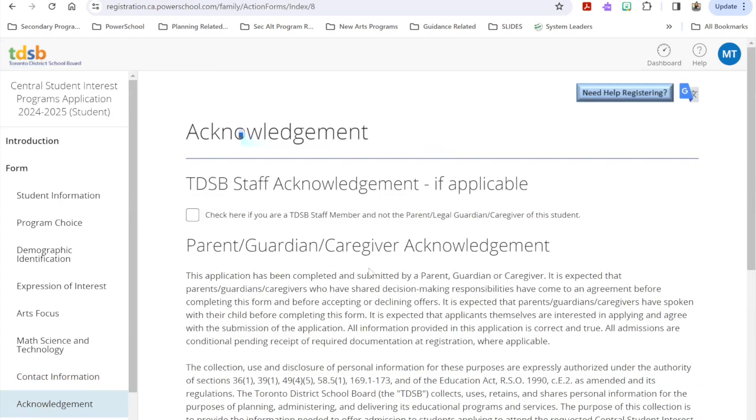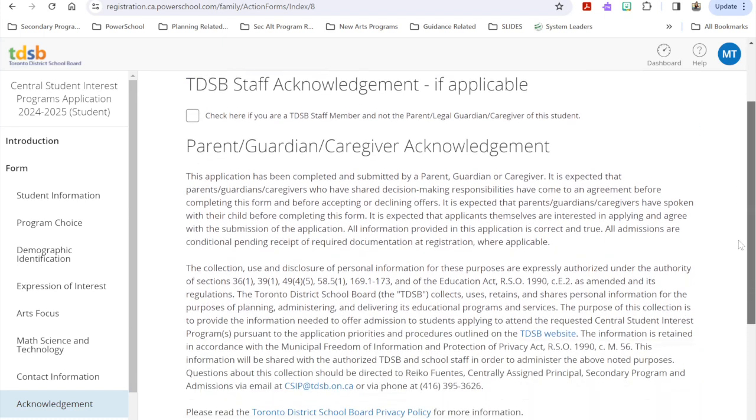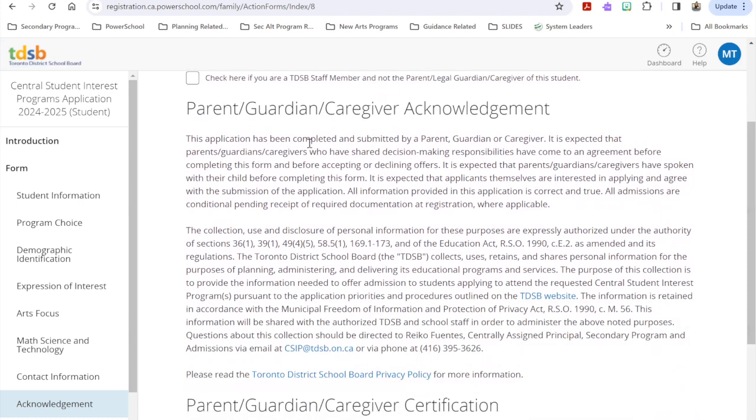Lastly, there's an acknowledgement and a confirmation. I'm just going to quickly review a few of these pieces. Again, the application has been completed and submitted by a parent, guardian, or caregiver. If there are parents, guardians, and caregivers with shared decision-making responsibilities, both agree to completing this form and also are in agreement before accepting or declining offers.